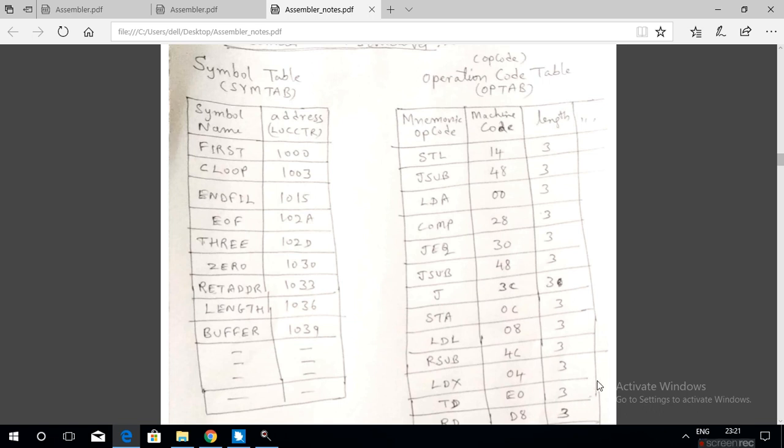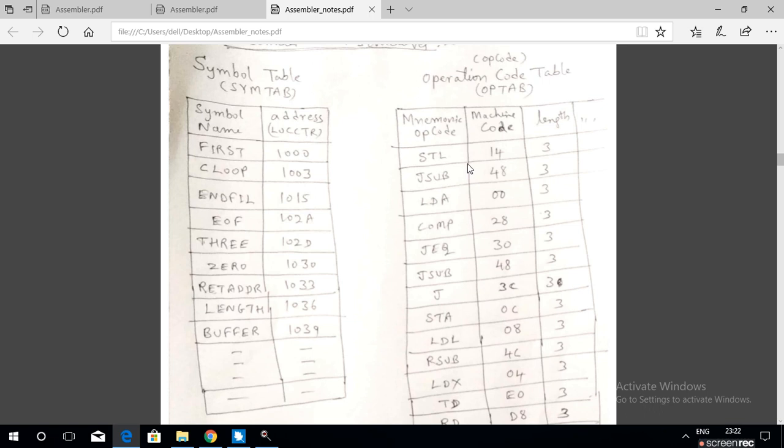The machine language equivalent code for each mnemonic opcode is stored.